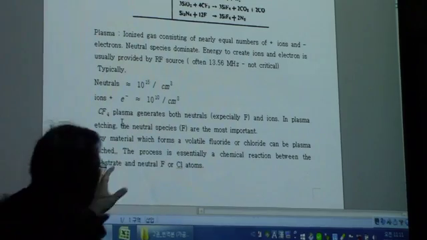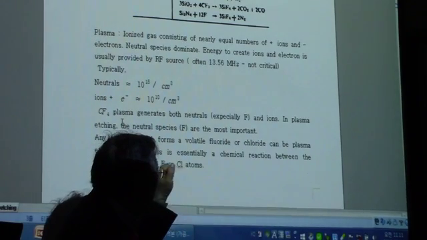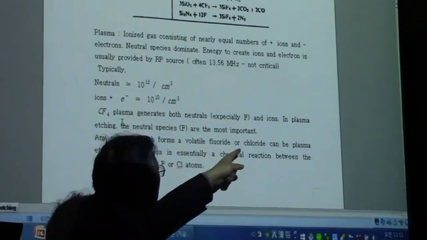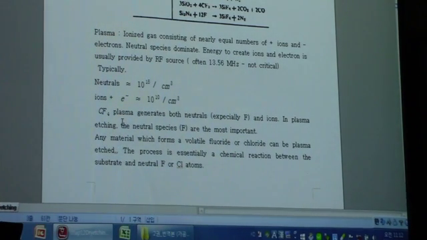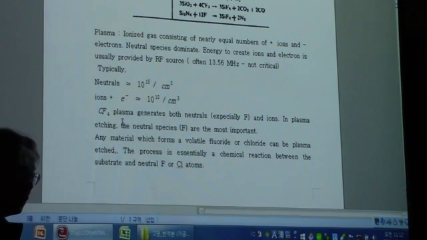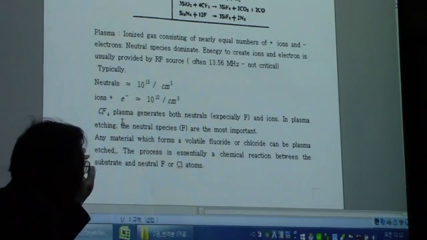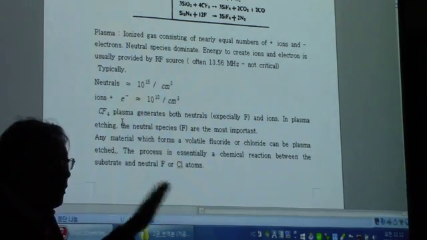So any material that forms a fluoride or chloride, we can use to etch in a dry etch by forming plasma, but the chloride is more corrosive than the fluoride, so we prefer the fluoride. Copper, for instance, is one of the lowest resistivity materials, so it can be used in electric wires and everything. One of the problems with copper is that it does not form a fluoride or chloride. So in the case of copper, we cannot